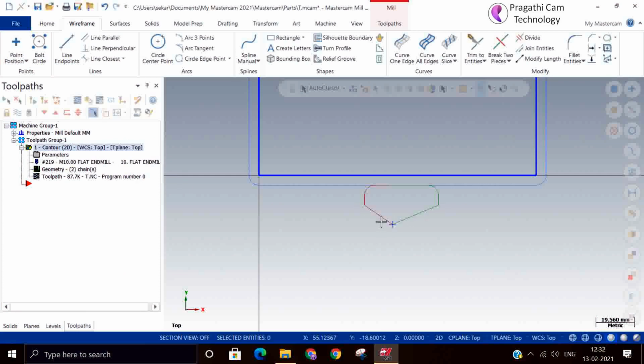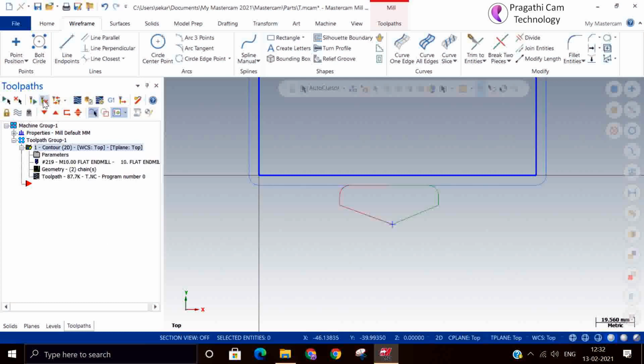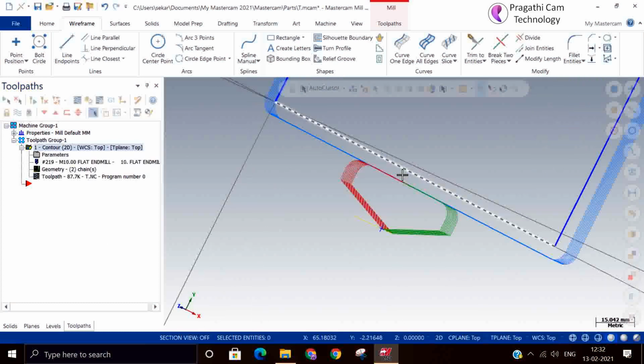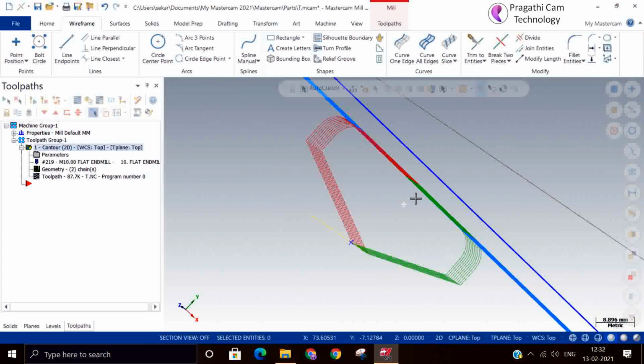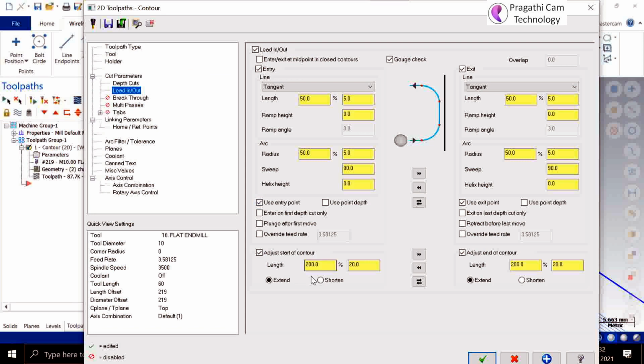Return, it's normal. Like this small changes you can modify. We can make it in both directions. You can see the starting will be the same for both entry and exit, so it will overlap and come out. If you do not provide overlap between the entry and exit, there may be a chance a small line will form on the entry point. To avoid that, we provide a little overlap.